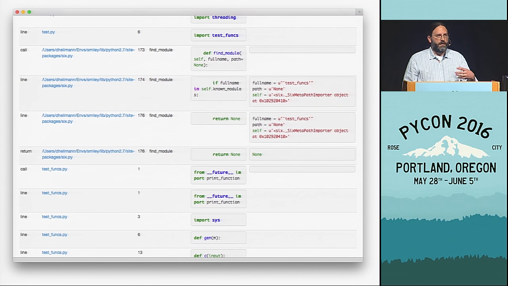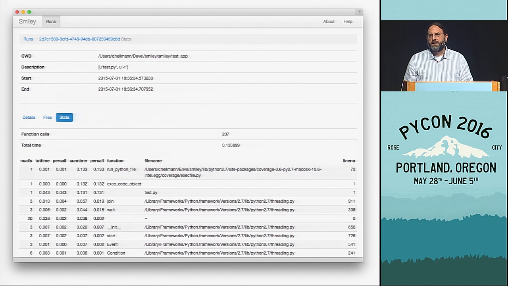I also wanted to build in a feature for collecting profile data so that I would understand where the program was spending most of its time. I originally thought I was going to have to build a profiler myself because I was using the trace module, but I looked again at the profiler API and the trace APIs, and I realized that because they use different hooks, they could both be used together. So instead of building my own profiler, I just turned on the built-in profiler and collected that data, sent it over the wire, and stored it in the database.